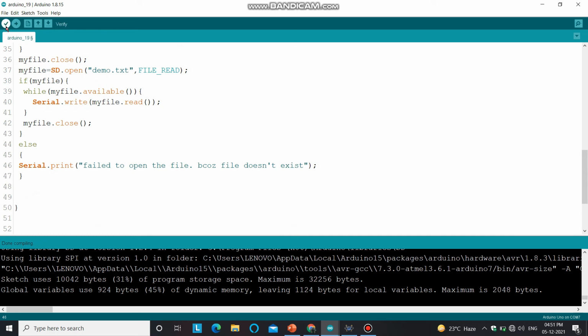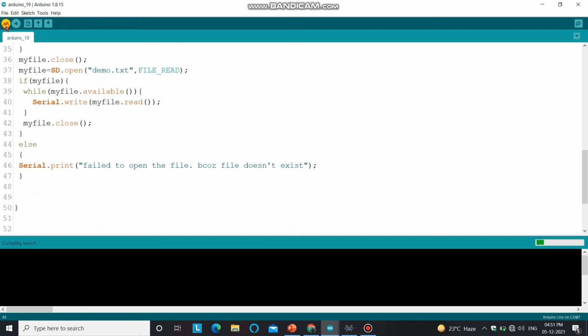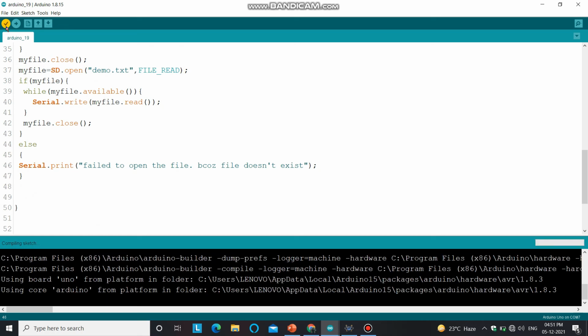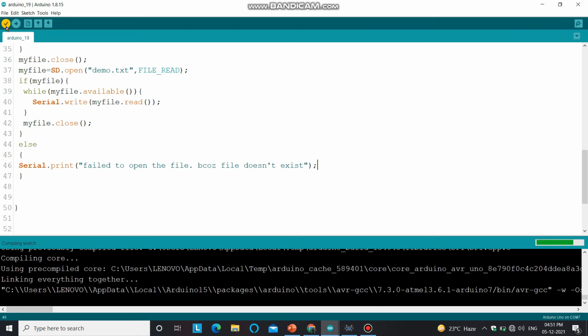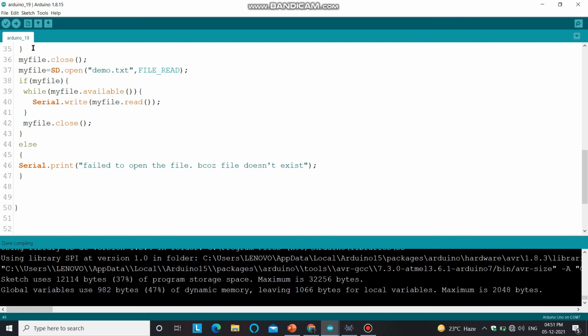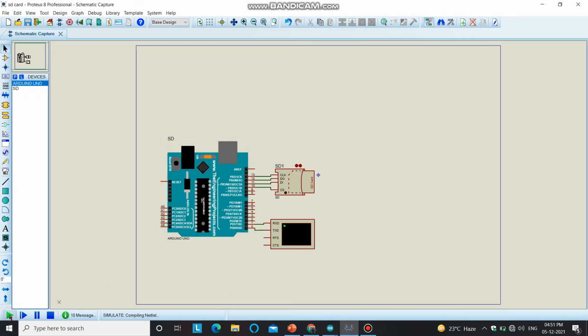Now I hope this will work for us. Just compile this code and check for the errors. Great, our code is error free. Now just open your Proteus software and start the simulation to check for the errors.